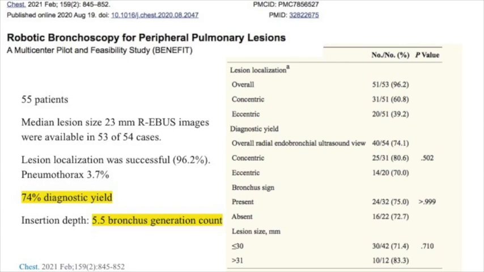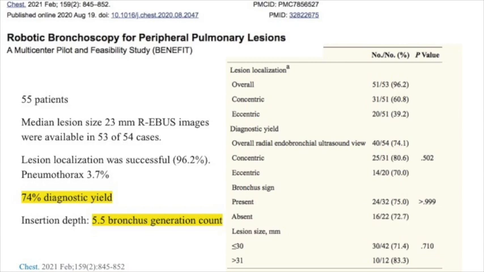BENEFIT is the first pilot and feasibility multi-center study to demonstrate the efficacy and diagnostic yield of this robotic bronchoscopy in peripheral pulmonary lesions. This study consisted of 55 patients with a median lesion size of only about 23 millimeters. As you can see on the right side panel right here, most of the lesions were eccentric with radial EBUS view. So